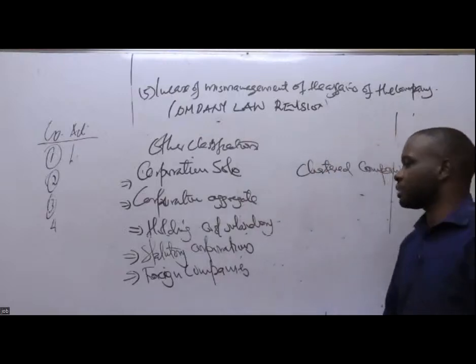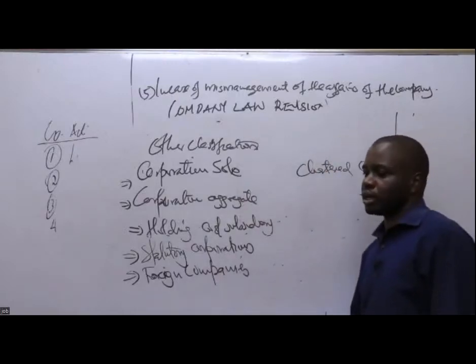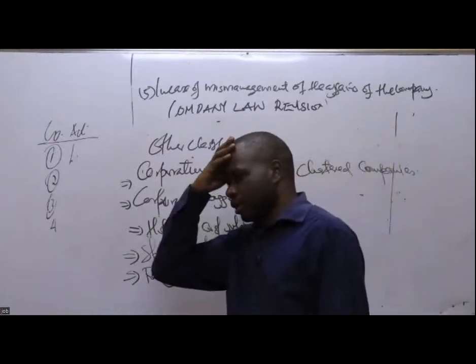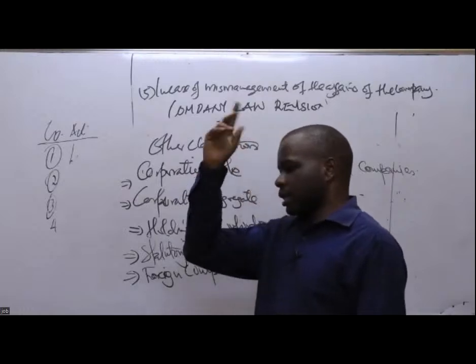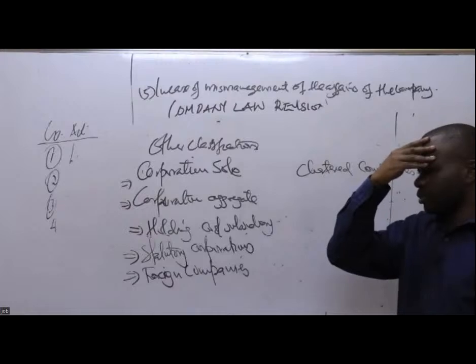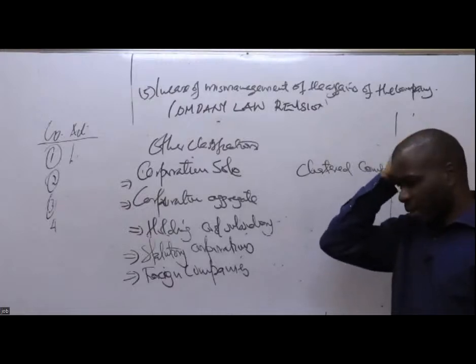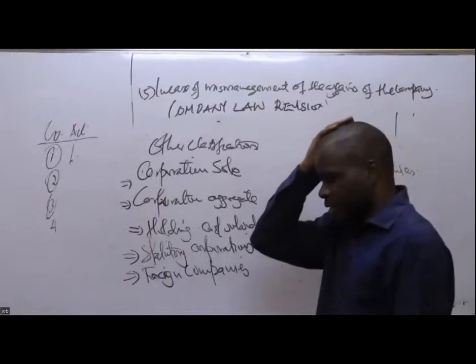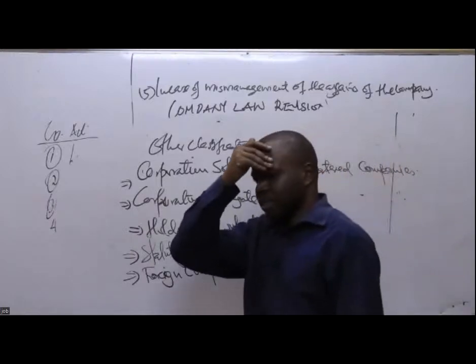So a holding company is simply a company that has acquired ownership or a stake in another company, so it will be known as a holding company. That other company can be known as a subsidiary if the ownership is between 50% plus up to 100%.